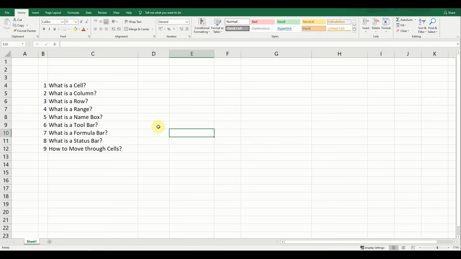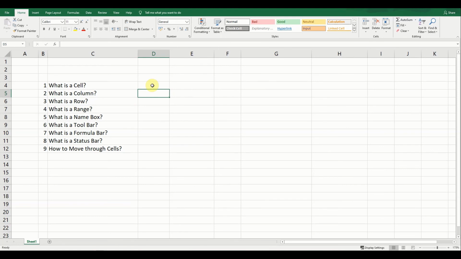Similarly, if the cell contains a value, like if anything is written, it will show up over here. And in case I type a formula, in this cell it will only show me the value, but over here it will show me the formula. That's why it's called a formula bar.